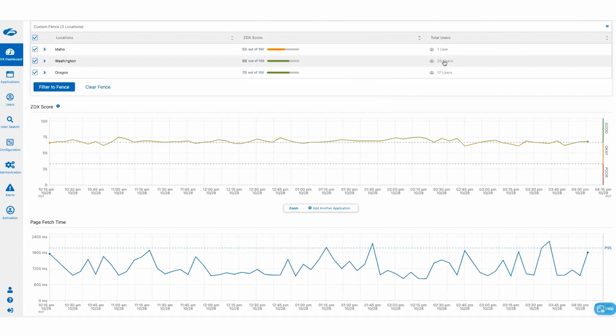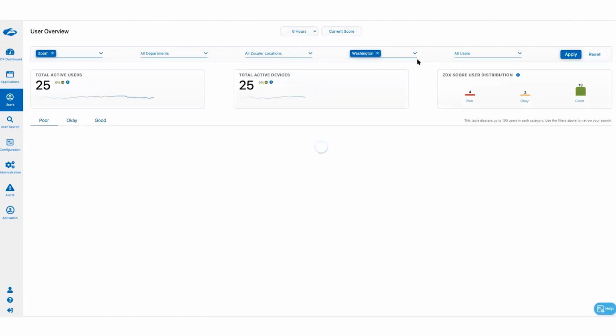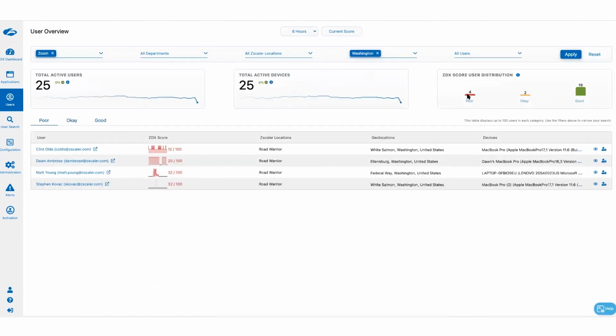users. Overall health of Zoom is pretty good in here. But I do see 4 users who have a poor score. And the user with whom I was actually investigating the problem in the morning is Clint in our customer success team. You can see that he's a road warrior. He's not coming from a corporate location. He's coming from White Salmon in Washington, and he's using MacBook Pro. Now let's take a look at his actual